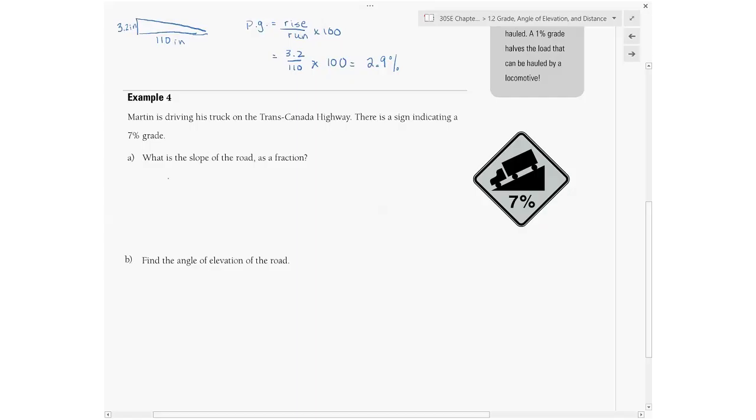So if the percent grade is equal to the rise over run times 100, and we want the slope of the road as a fraction, well, we're going to have to take the rise over run is what we want on its own. Here it's being multiplied by 100, we're going to have to divide by 100, so it's the percent grade